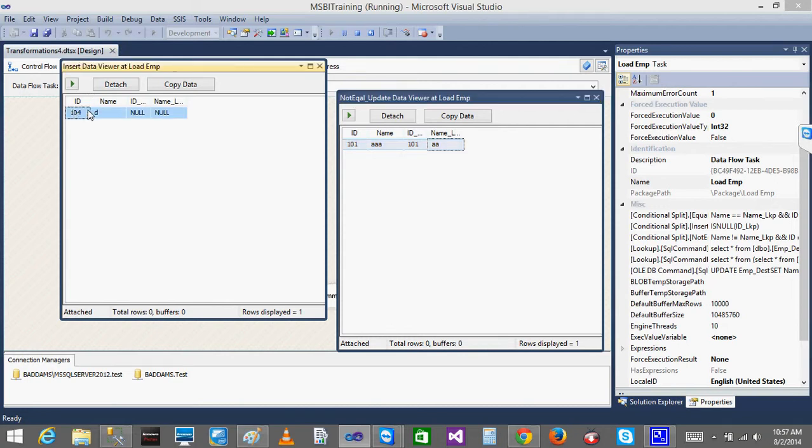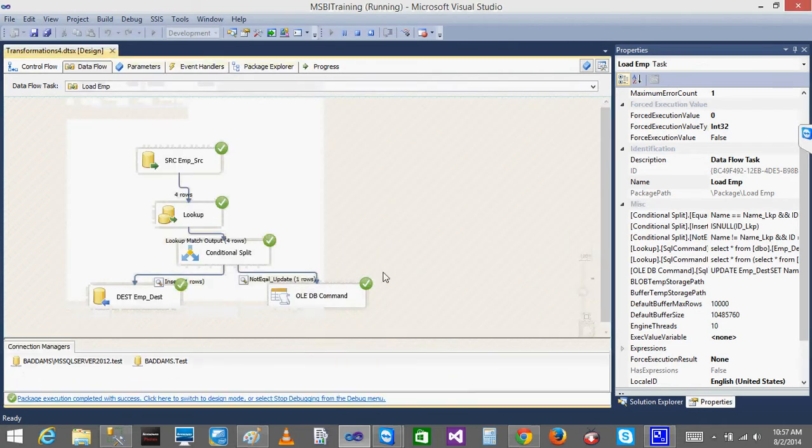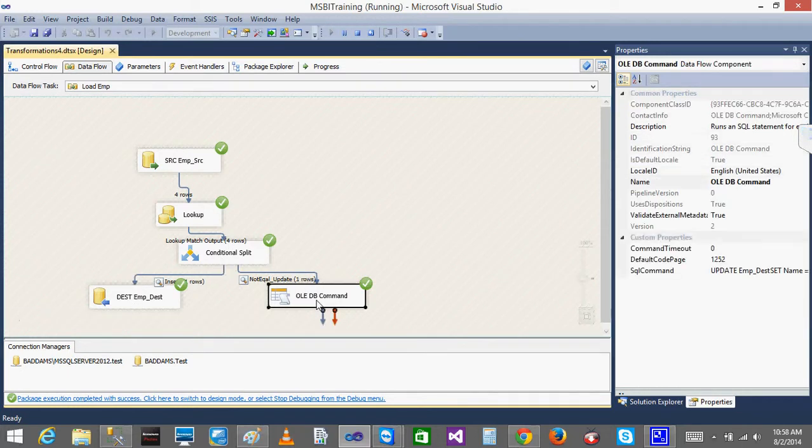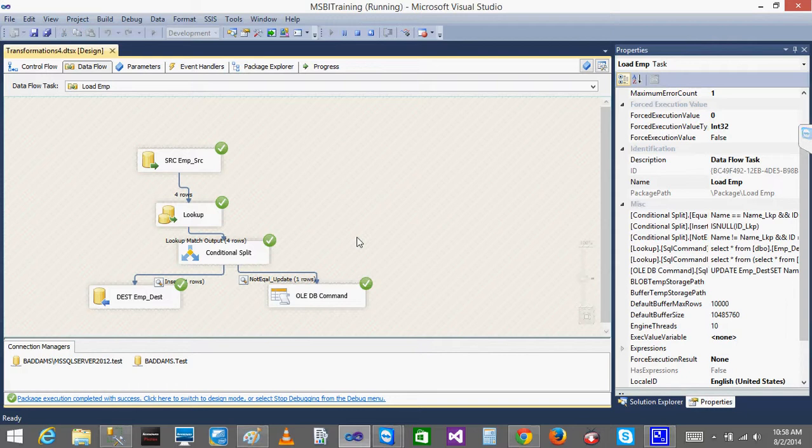See, this is the inserted, so you are getting this one into the insert one. This is not equal and you need to update that, right. This is the output that we created in the condition split. So you got the same thing here: one record as output, one record as update, one record as insert. See, you can see now one row, and this will be the one row. Are you clear with this one? Even though you got 4 rows, one row is the insert and one row is the update. The other two are not changed, so you will not be getting those records. Are you okay with this?